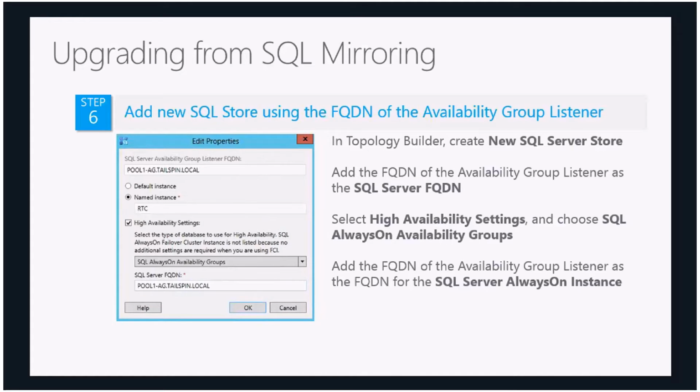Now, as you go through the wizard, you need to go into Topology Builder and tell it that you're about to define a new SQL store. So here we'll use the fully qualified domain name of the availability group listener as the SQL Server FQDN, and the SQL Server Always On instance values. We'll use that for both of those. We'll then configure this,